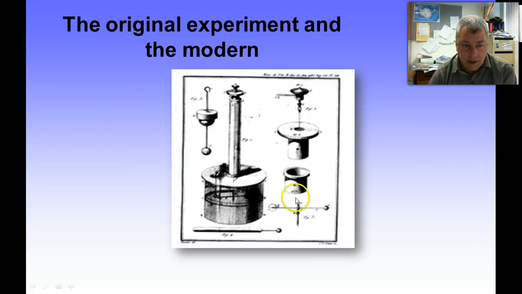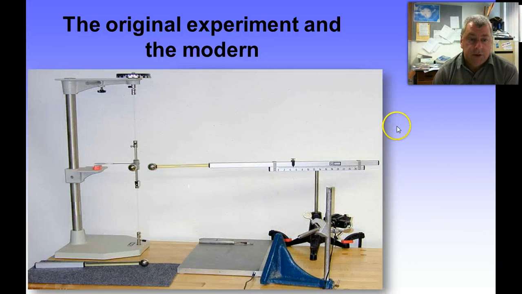So this is what his experiment looked like. There's the rods and the pivot, and there's the little torsion and the dial and everything, and there's another dome that was put in there, like this, a charge was put on there and a charge was put on there, and then you could measure the force between those charges. And here's a modern day one which is a little bit clearer. You can put this charge on there, that's insulated, put a charge on there, and then there's the torsion section, and you can measure the force through a complicated process of calibrating and experimenting. Quite fiddly sort of experiment. You have to devote a lot of time and effort to get it right. Anyway,